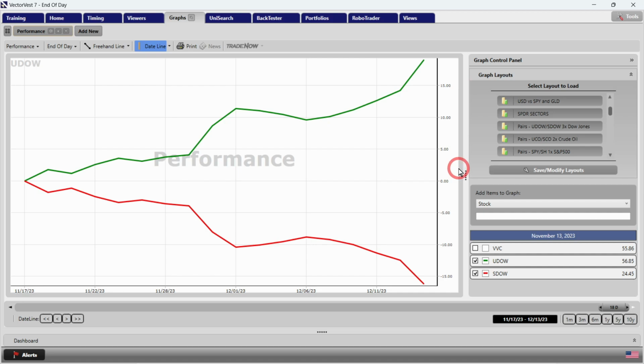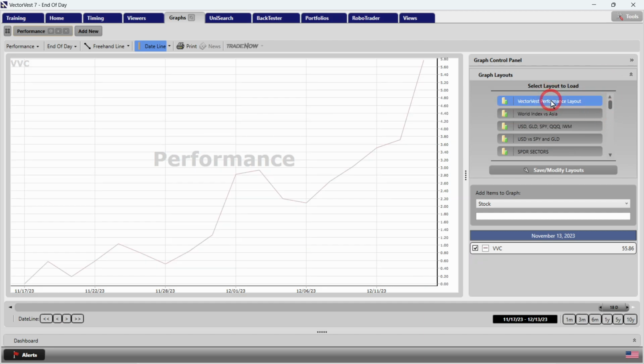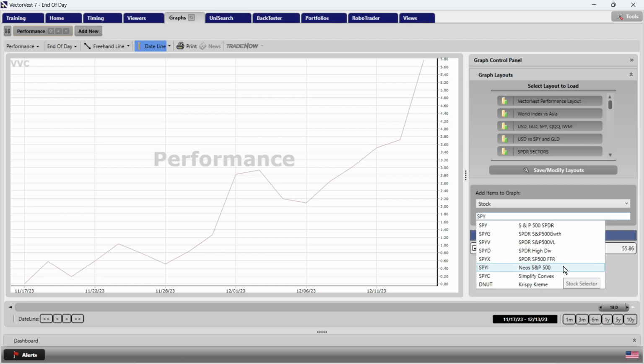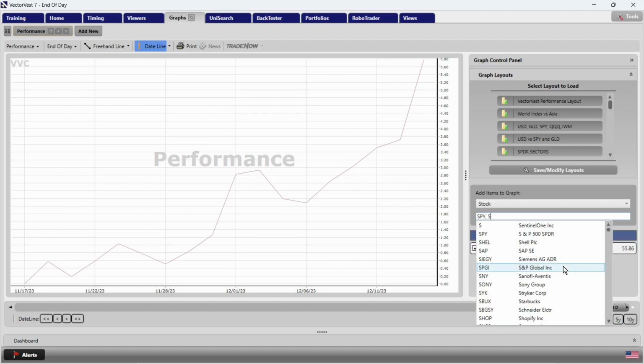Let's see how we set up an ETF pair so that you can do this yourself with your favorite ETFs, the opposite bull and bear ETFs that you want to follow. So we go back up to the top of our list here under the layouts to load. The VectorVest performance graph is our starting point. Let's just, as an example, use a 1 times leveraged opposite pair. We'll go with the SPY. Everybody knows about the SPY, the S&P 500, and the short is SH, ProShares short on the 500